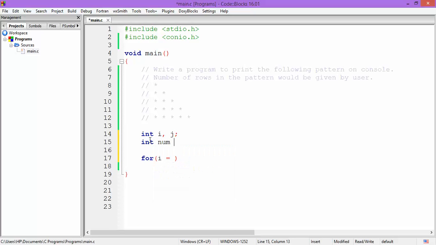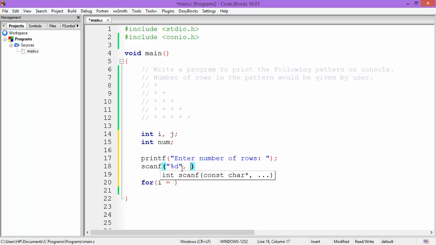So let us declare a variable num in which I get the user input. So I prompt the user to enter number of rows, and then using scanf function would collect it in the num variable, ampersand num, and now